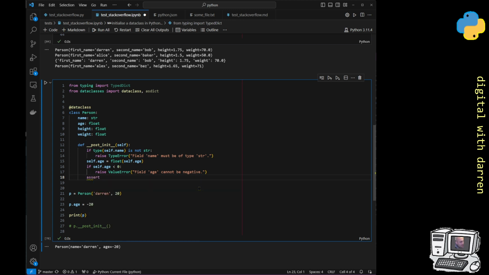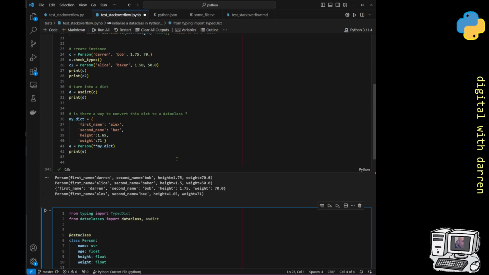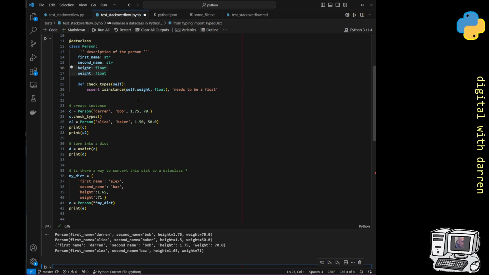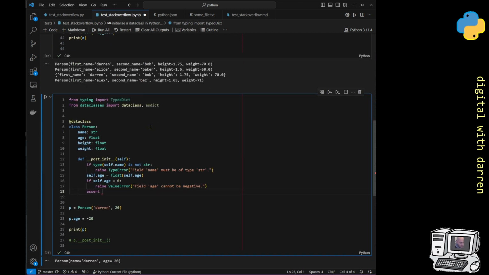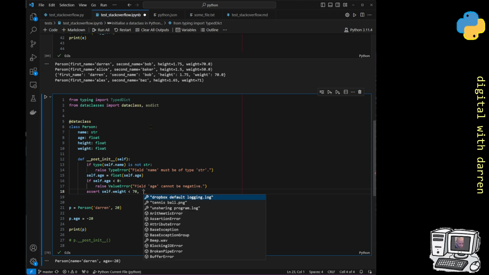Assert something like weight. So let's just see our standard assertions up here. So something like, okay, I won't do that one, but assert self.weight is less than 70, for example,